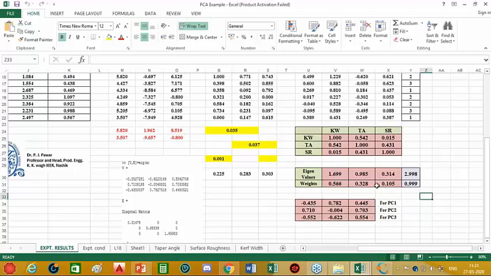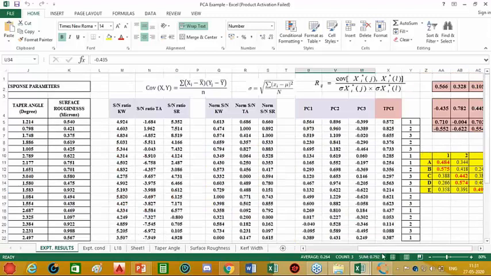So it means that these weights are determined by this particular process automatically. Now, we will use this to find the principal components. We will use particularly the eigenvectors. So these are the eigenvectors. This first row will be used to find PC1, that is principal component 1. Then the second row to find principal component 2, and the third row to find principal component 3.